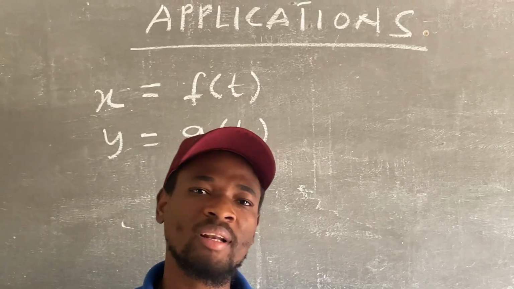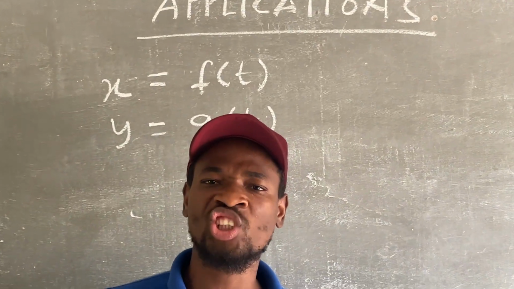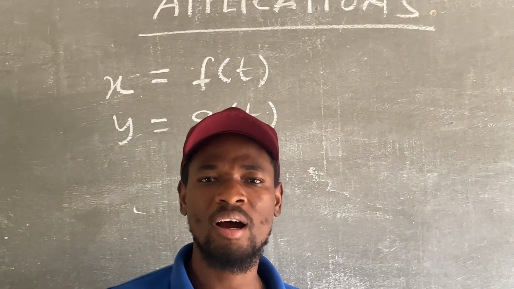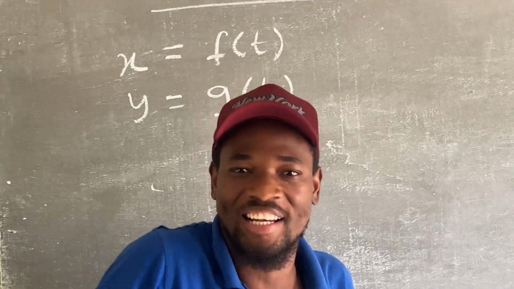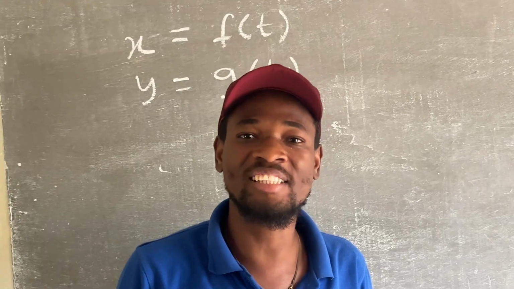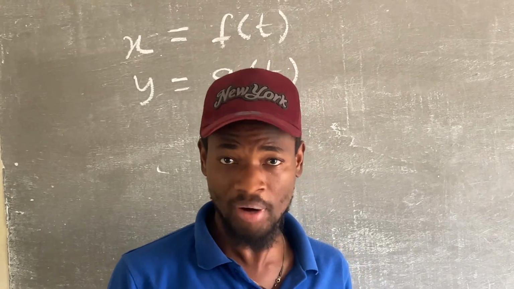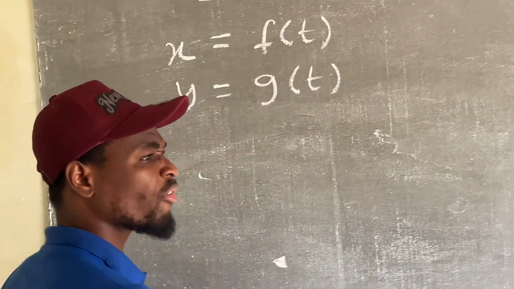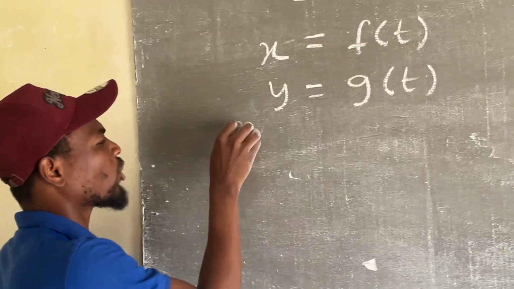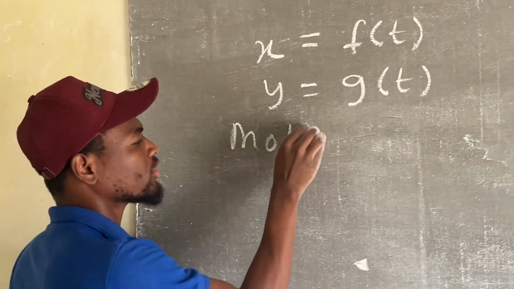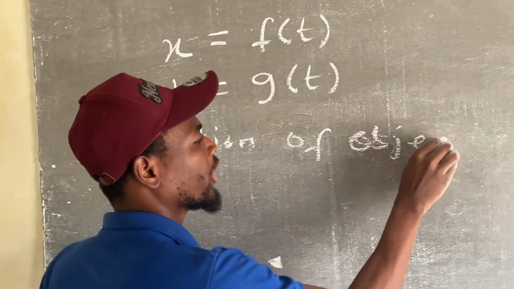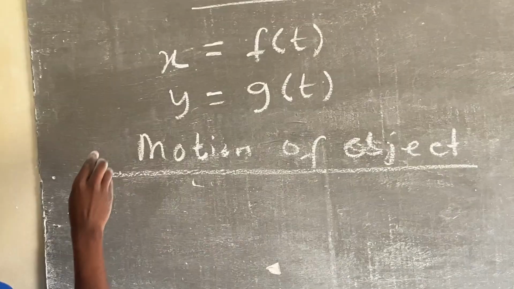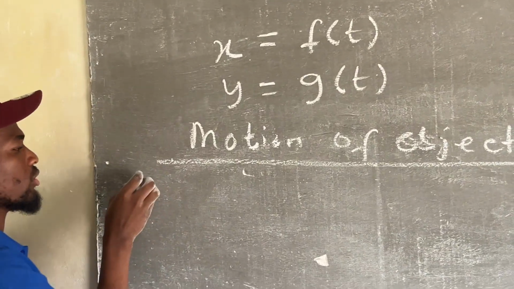So it helps us to understand the motion and behavior of curves more naturally than the Cartesian equations, right? Good. So viewers, we are considering motion, the motion of objects. Okay. Now, so you see, usually,